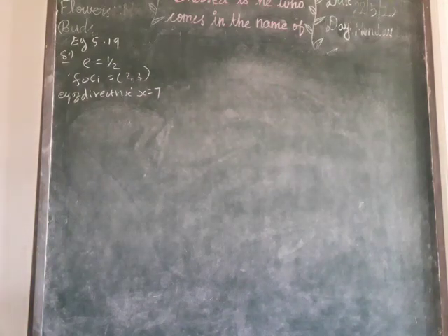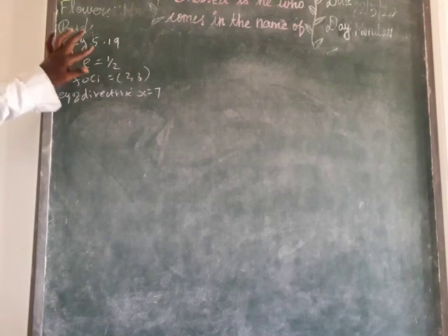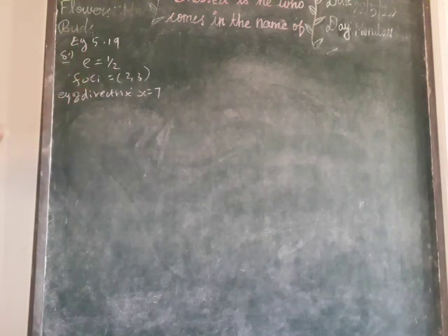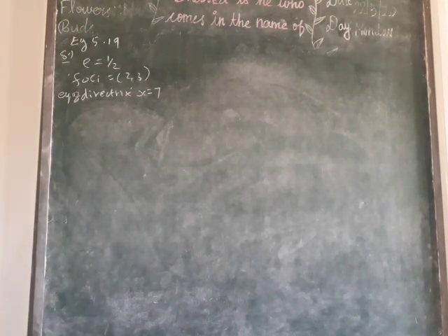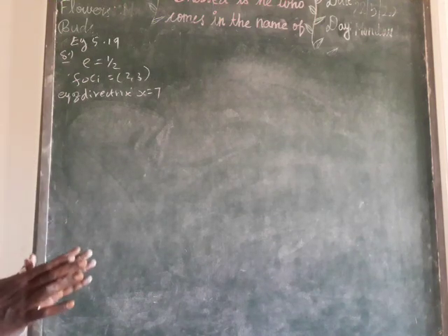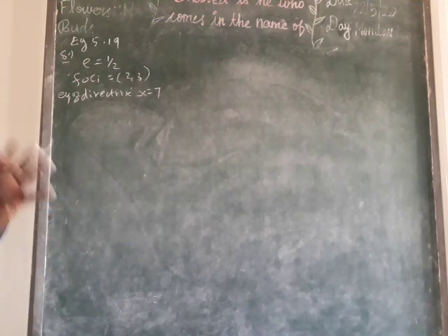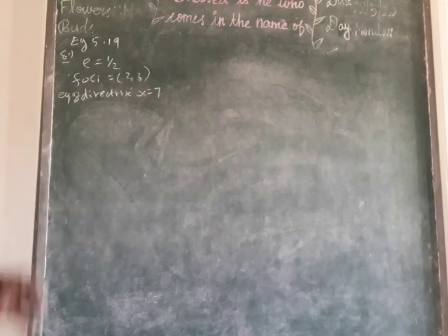In this question, they have given eccentricity e equal to 1 by 2, one focus (2, 3), and the equation of the directrix x equal to 7. In example 5.19, they asked us to find the length of the major axis and the length of the minor axis. Before finding these, we need the values of a and b. So we need the equation of the ellipse.